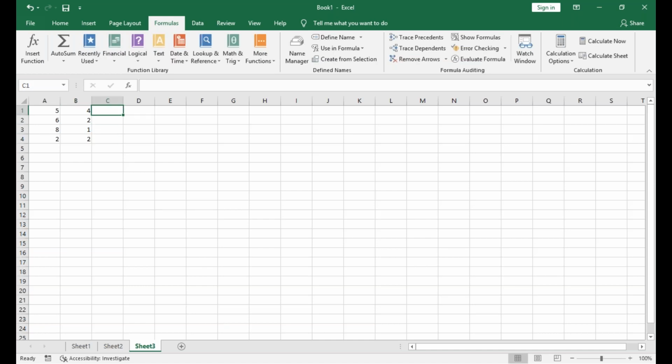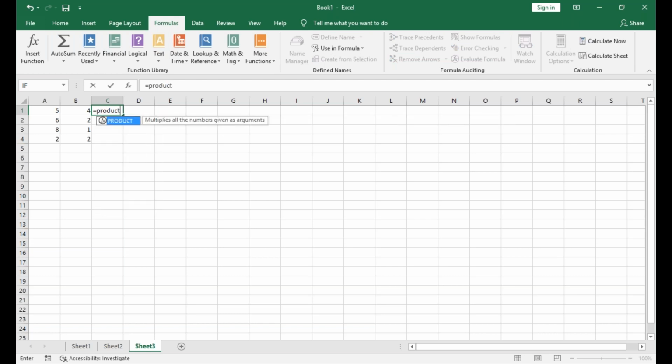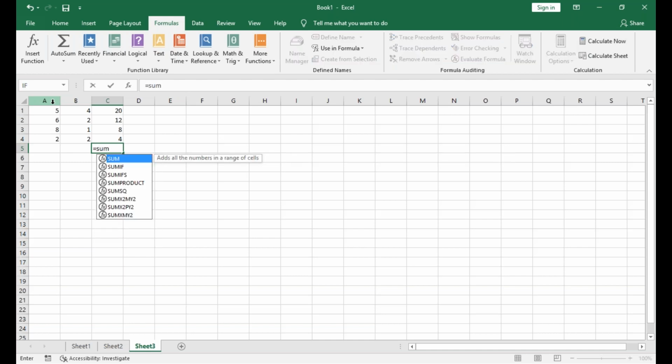Now I'll put a product here. So what I have got is the product of 5 into 4, 6 into 2, 8 into 1, 2 into 2. I want the addition of all this. So it is the sum of